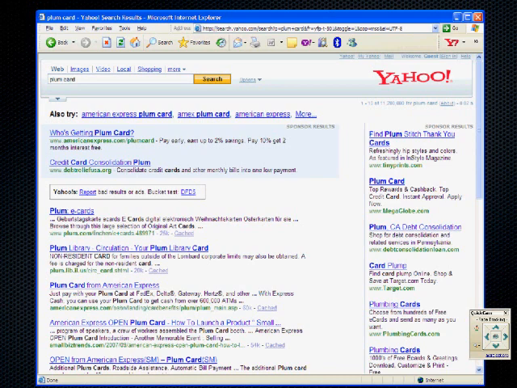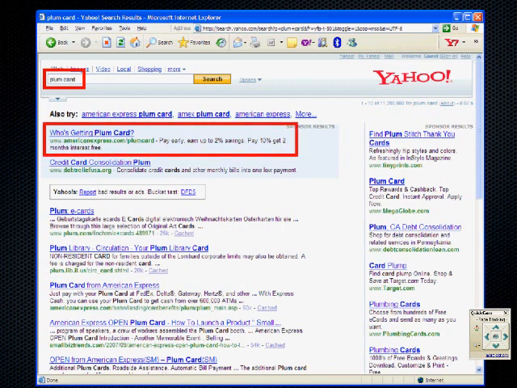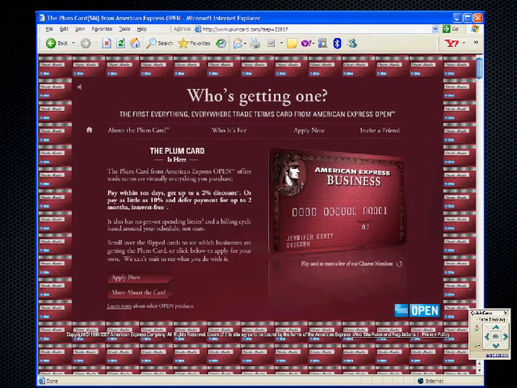And I see in the sponsored search results americanexpress.com/plumcard, pay early, earn up to 2%. So I see it, I click on it. Again, I land on the American Express Plum card page. And let's say I eventually sign up for a Plum card. Now what happens? If I'm at American Express and I were to log into my Yahoo interface, and we will move along to the next slide,